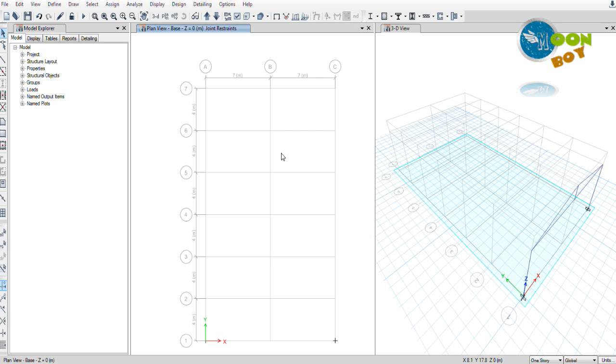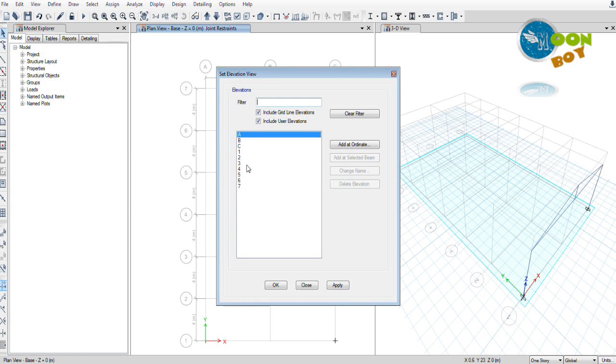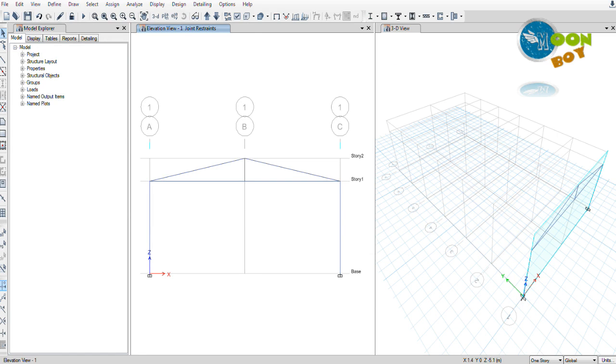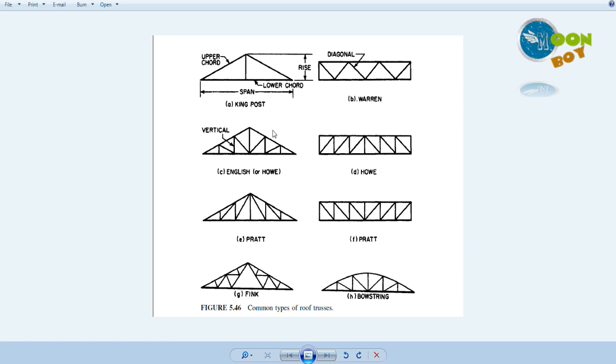So let us design the frame again. Mostly now we can see our base structure. This should be divided into three members, 1, 2 and 3 member. So it should be divided into three members, and this side this should be divided into three members equally. So we can do that